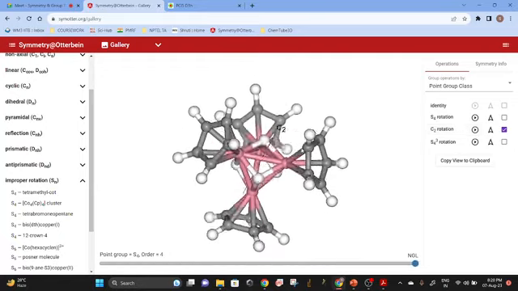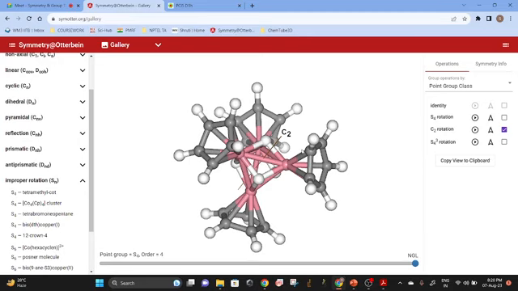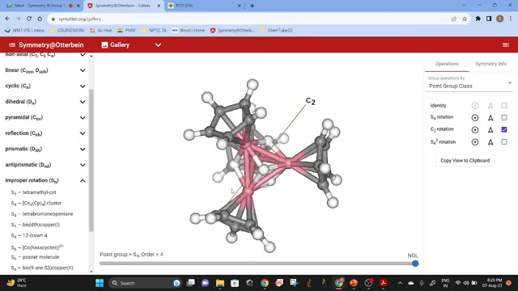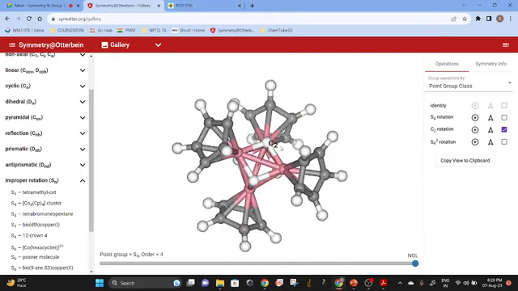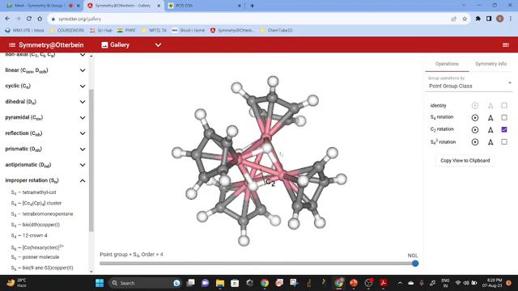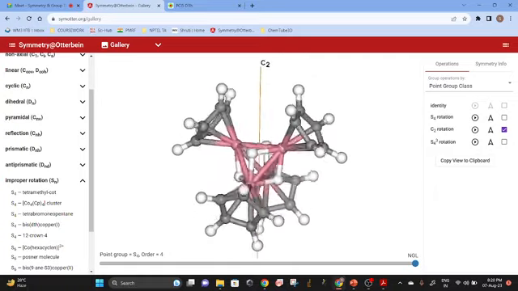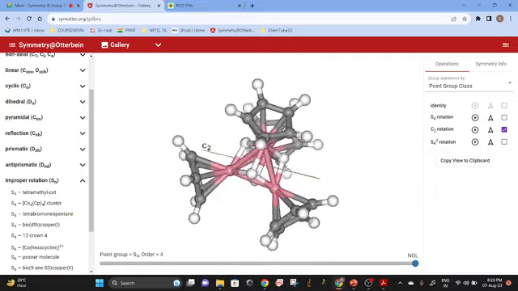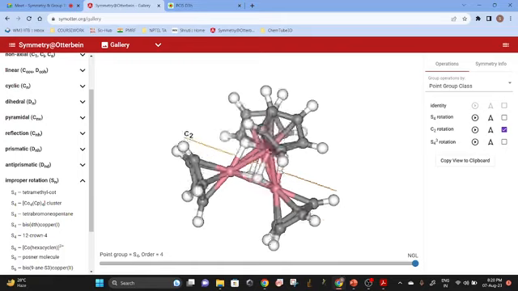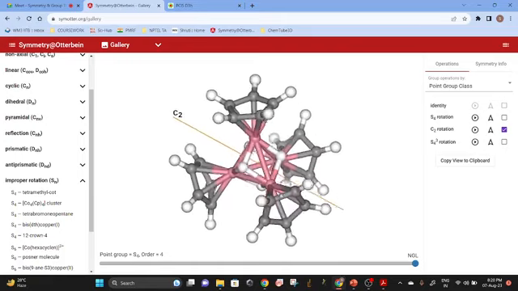Okay. Did you guys get it? There is only one C2. First I thought there would be many C2s, but the geometry is such that these two bridging ones are on the same side, and on the opposite, when you see the down face, these two are on the opposite of the front one. So there is only one C2.